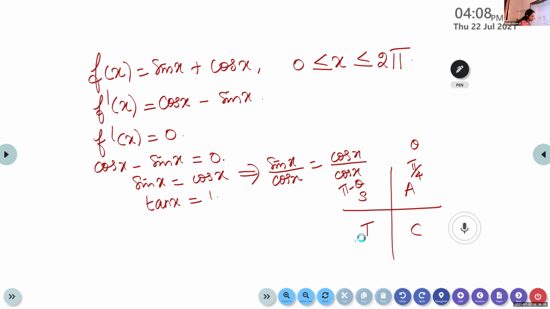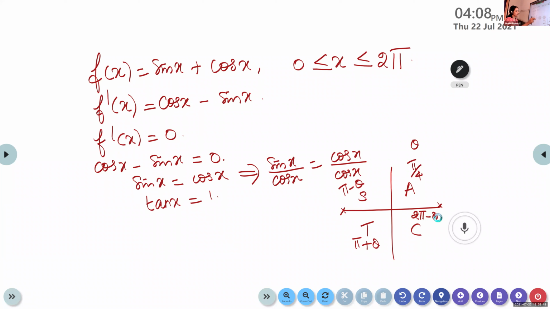It takes the form pi plus theta. What about the fourth quadrant? You avoid 90 and 270. Don't take 90 and 270. If you take 90 and 270, it will have to take complementary. So always do with terms of 0 and pi. That is easy. So what about the fourth quadrant? It will be of the form 2 pi minus theta. 2 pi will coincide with 0.